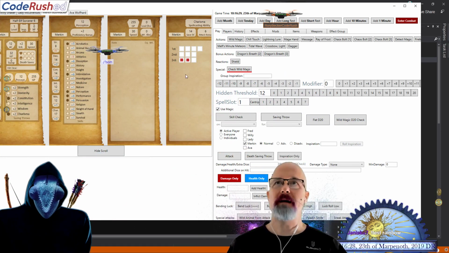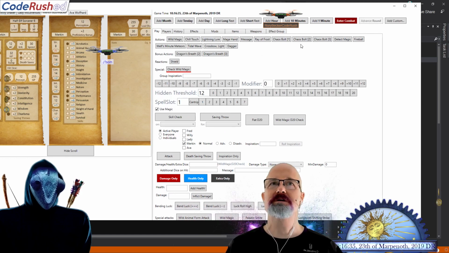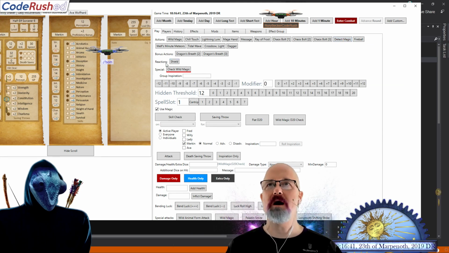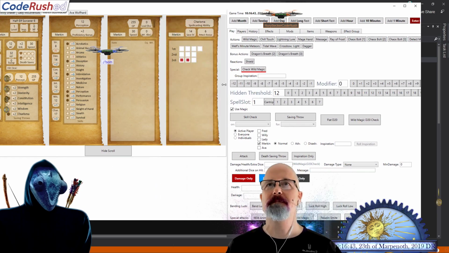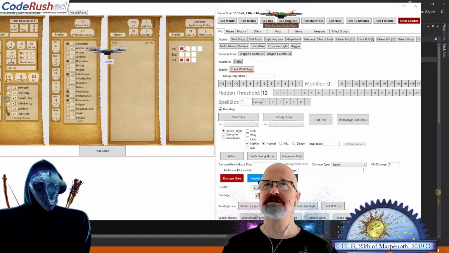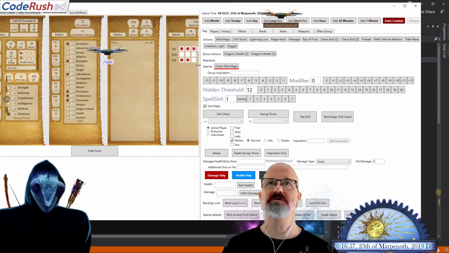So now I also happen to have a wand of magic detection, which gives me this detect magic right here. Now this is a wand that's got 3 charges in it. We don't have a way of showing those yet. Also notice there's a problem, because I think detect magic is a first level spell. Does that go away when I go to here? Yeah, detect magic went away, didn't it? I don't see it here. So detect magic goes away.